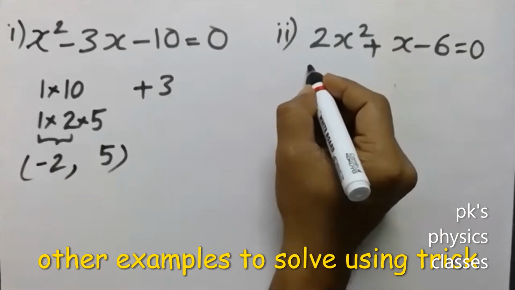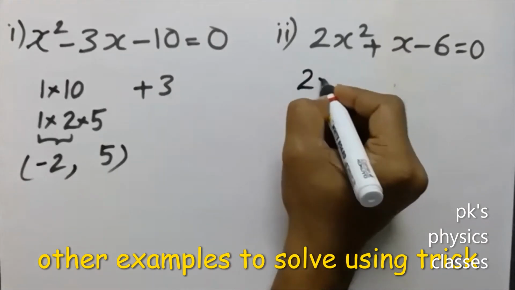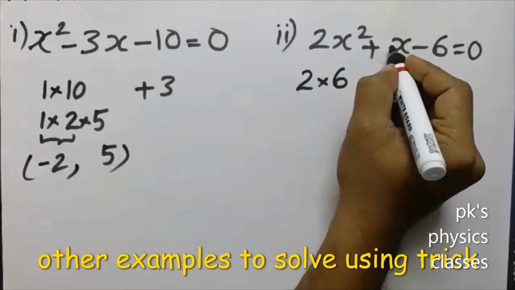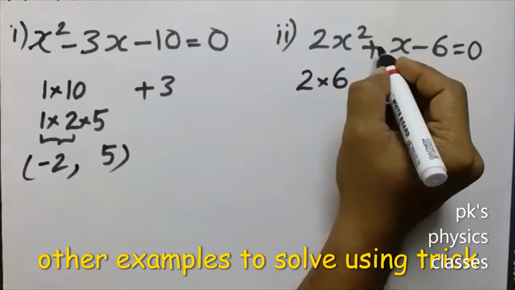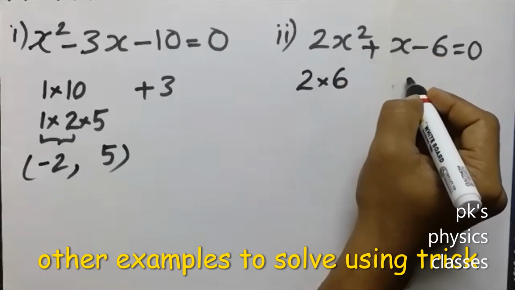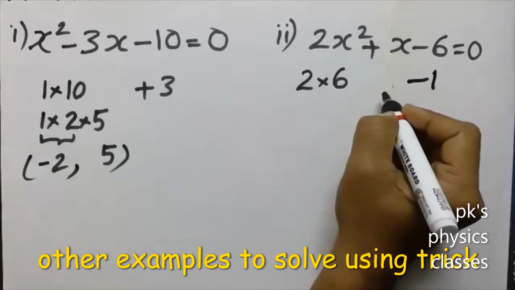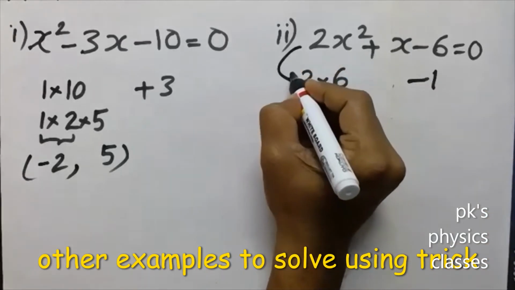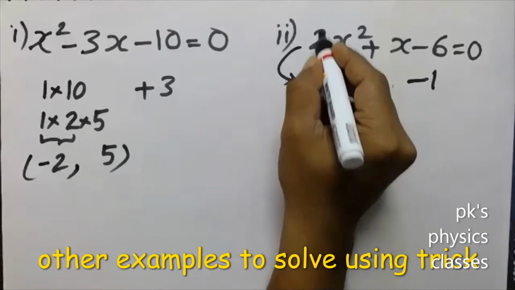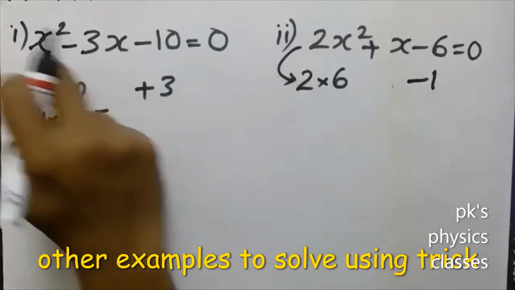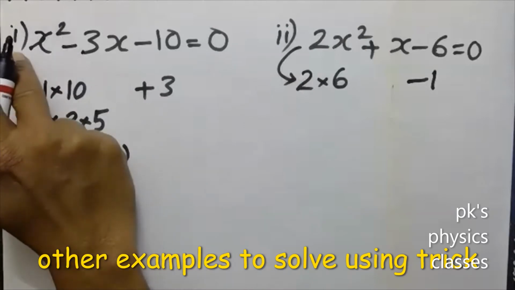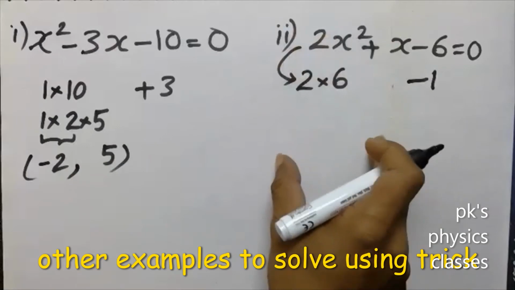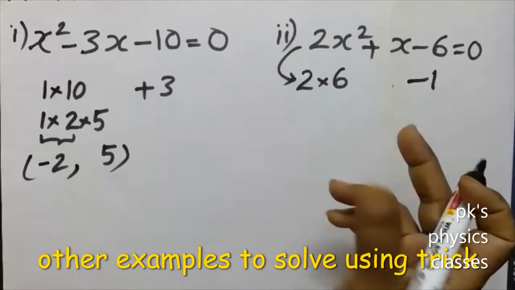See here, when looking here, you can write 2 into 6. And this is plus x, means here 1 into x plus 1 into x. So what you need to write? Minus 1. Okay, then remember that this 2 is here. This is important in the final step. Here 1 is there, but as long as 1 is there, there is no problem. But here 2 is there. In the ending step, we'll end up with a different thing.